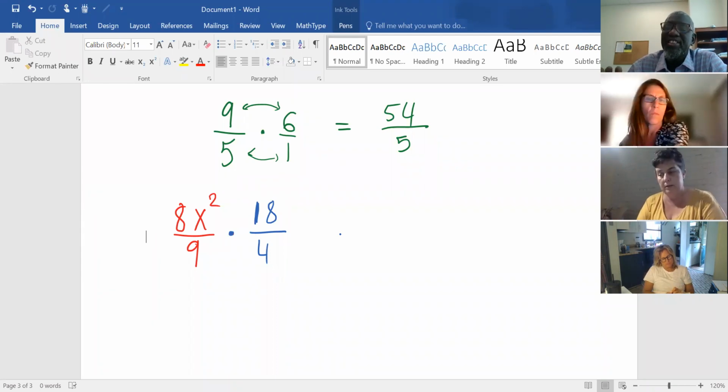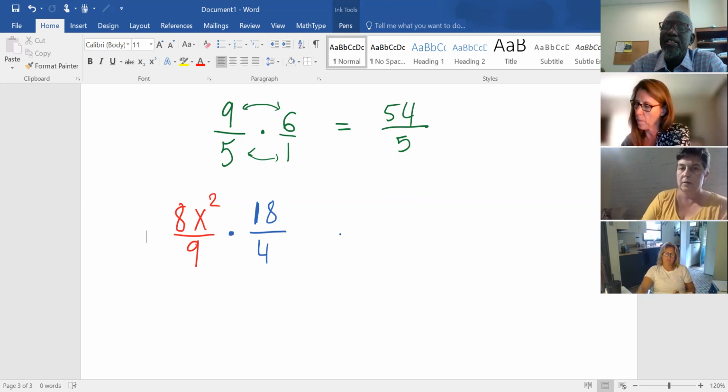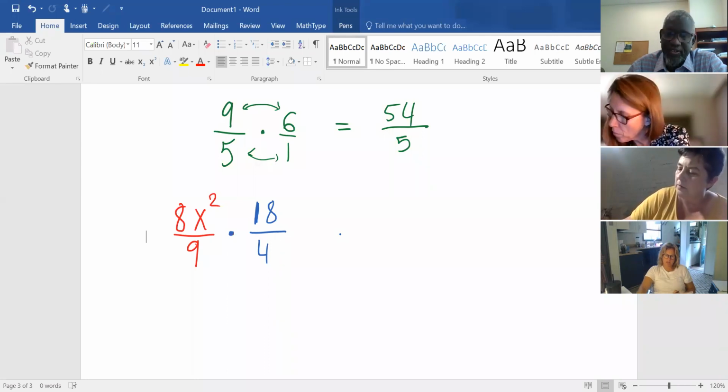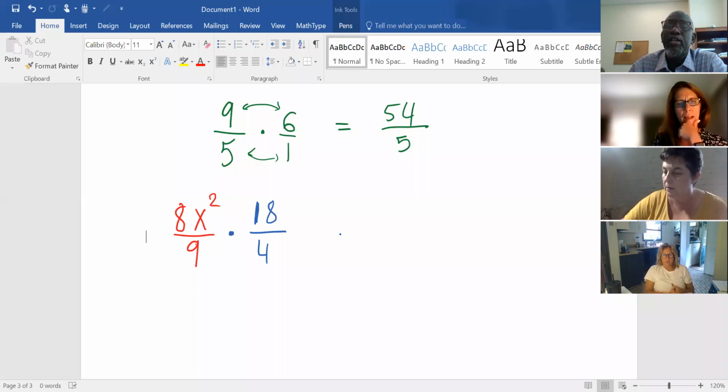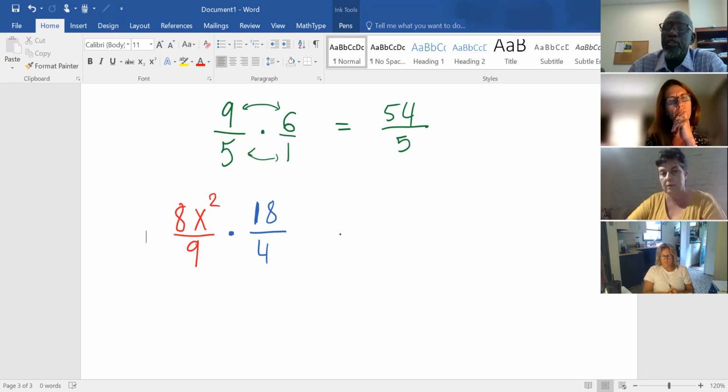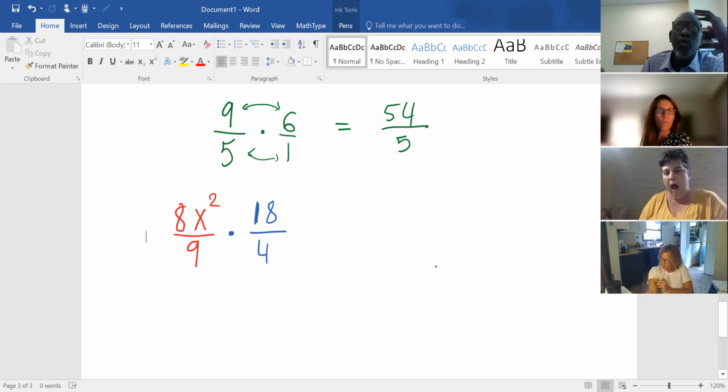But there is something. Before we do the multiplication, can we actually simplify? Yeah, let's make it easier. You see? Yes, we can, right? Don't you cross out the 9? That's 1, and it goes into 18 2 times, so that's a 2. Exactly. Thank you very much, Nora. You see, that is very warranted. We like to do that because if I know I have to multiply 18 by 8, if I don't have a calculator, I have to spend some time doing it, right? So before we do that, we always encourage simplifying first,